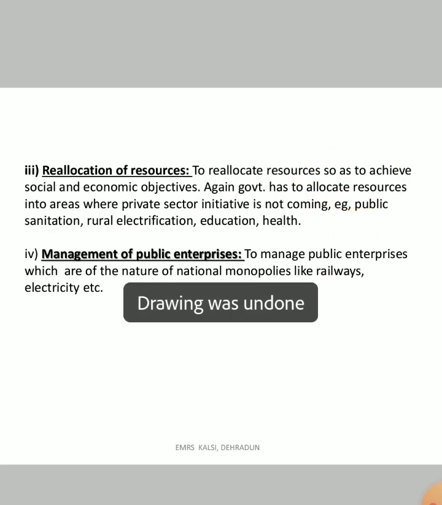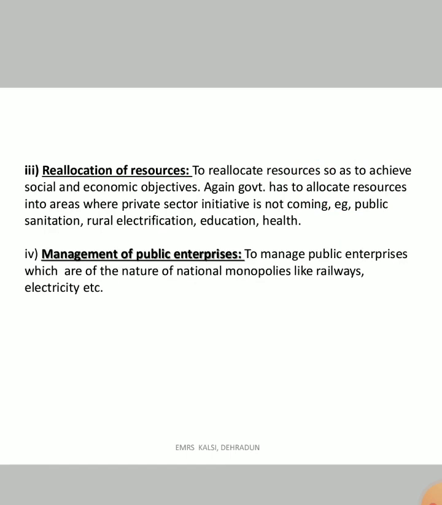Because people in rural areas are not able to earn much money. So government provides these resources to the people who are not able to afford. In this way, government allocates the resources to people who are not able to purchase